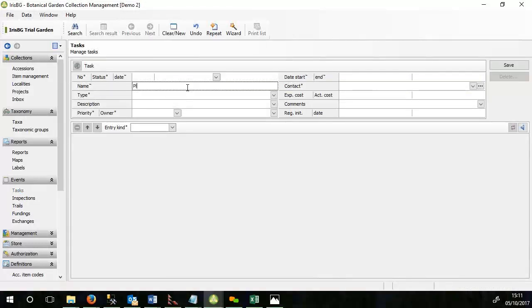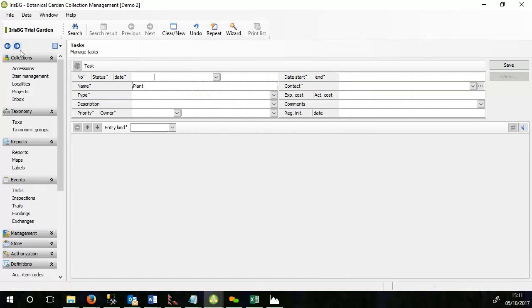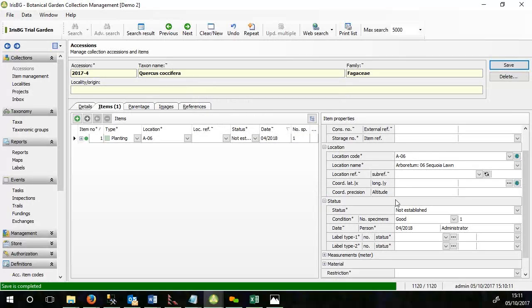Exactly. Yeah. That will work equally. The only benefit, I suppose, if I could argue for the one or the other, I mean, it's all about how you like things. But here, I'm going back to this. Oh, sorry. You have to click no or cancel. There you go. Here you will see how long it took for this tree to be established. Whereas if you have it as a separate list,